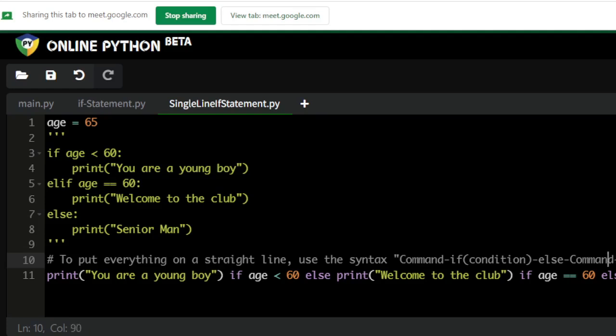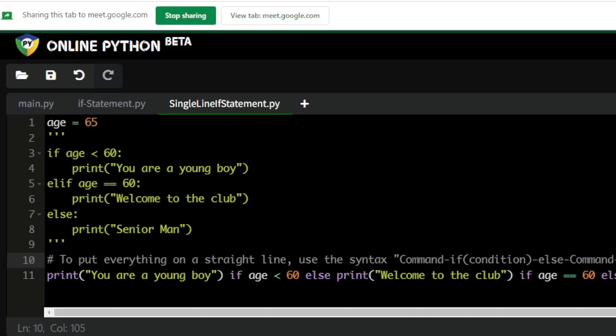So that's how you do it. So if you want to practice it yourself, this is the format to use. Okay? To put everything on a straight line,